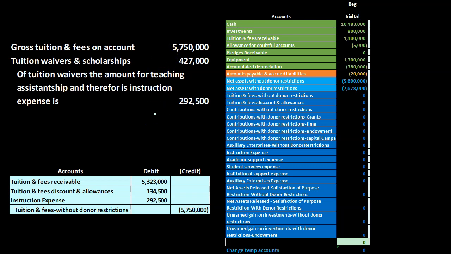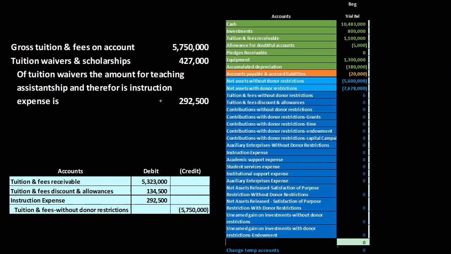Of the tuition waivers, the amount for teaching assistantship and therefore instruction expense is going to be the $292,000. So part of these waivers, in other words, is because students were working for the institution, helping out the teachers,